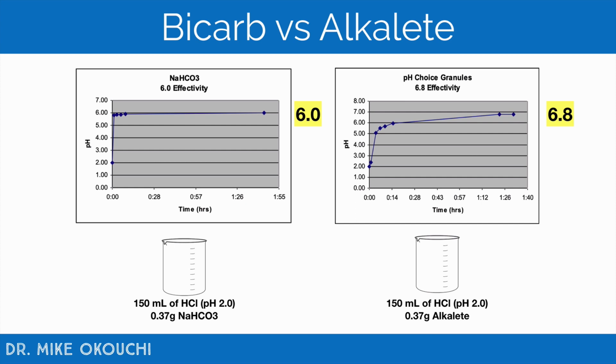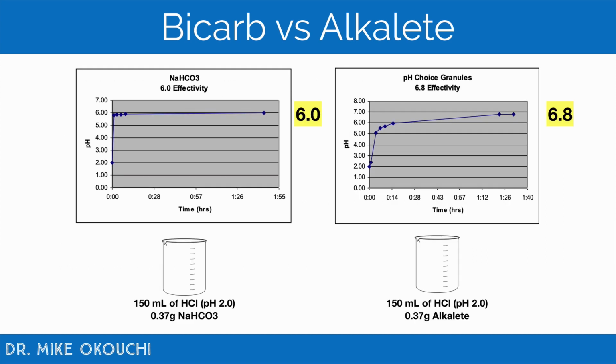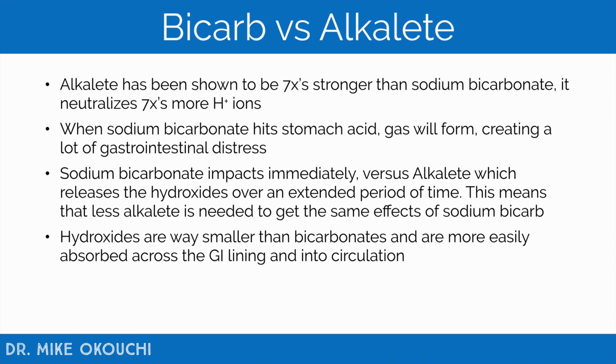And this is what we talk about when Alkalete is time released. Why is that so important? Well, if we go back here, sodium bicarbonate went from 2 to 6. Alkalete went from 2 to 6.8. That's a big difference because we're talking about a logarithmic scale, guys. Okay? So Alkalete actually neutralizes about 7 times more hydrogen ions, meaning that it's producing and releasing 7 times more